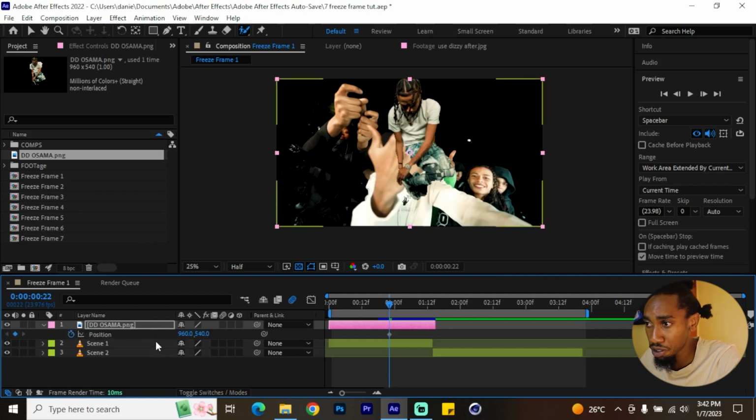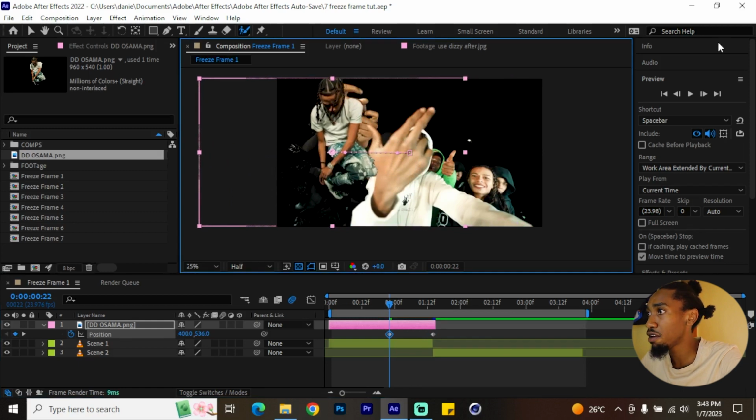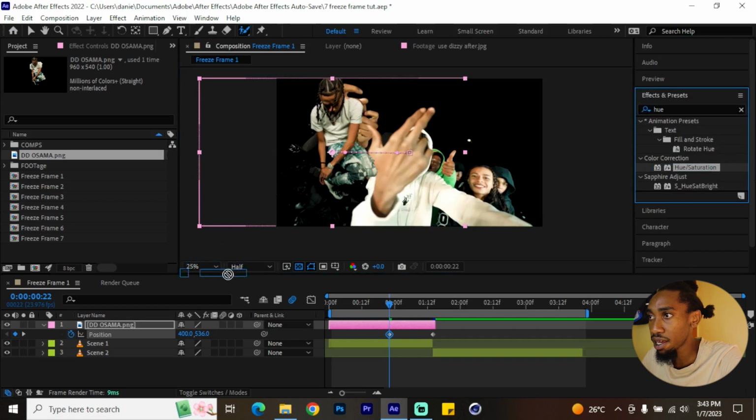Hit P to see your position keyframe. Since this is our last result, we push it at the end, and then we'll squeeze it to our left just a bit. I won't take it off the screen, and then go to your effects, look for hue and saturation, send it right there,